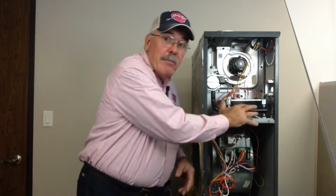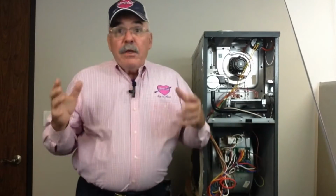Now your combustion chamber is right here. The combustion chamber of the furnace has to be opened and inspected by a professional and checked for accumulation of soot, which is an indicator that the burners are improperly firing or the air-fuel mixture is wrong. Now, if there's soot present, the burner assembly must be cleaned and the gas pressure at the gas valve and airflow for combustion has to be checked and it may need to be adjusted. Failure to do this could result in the furnace not going through the heating process and causing a service call